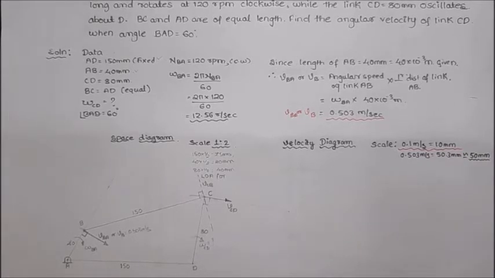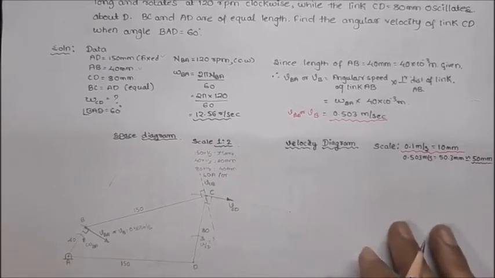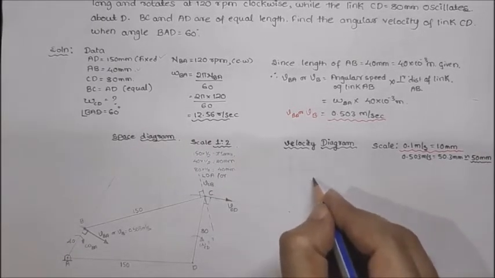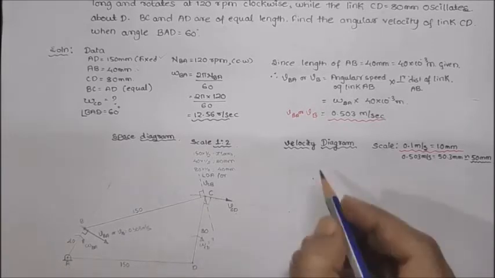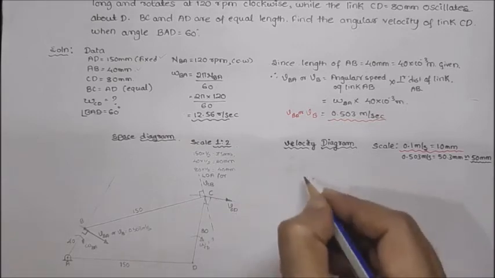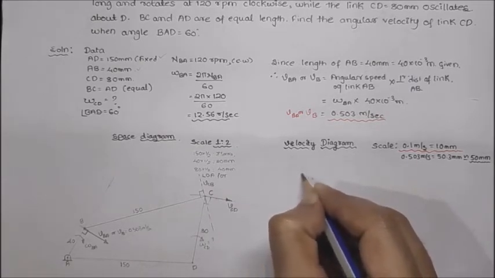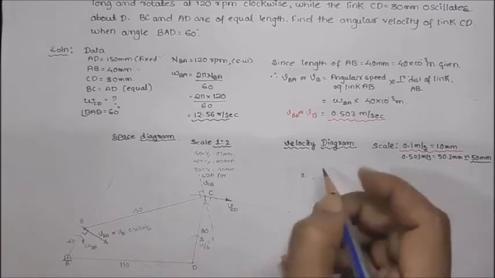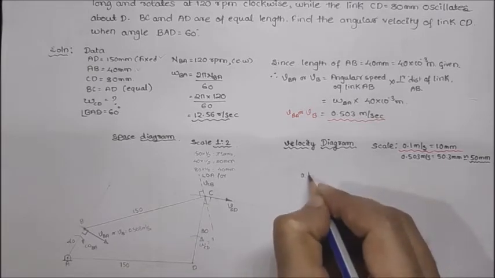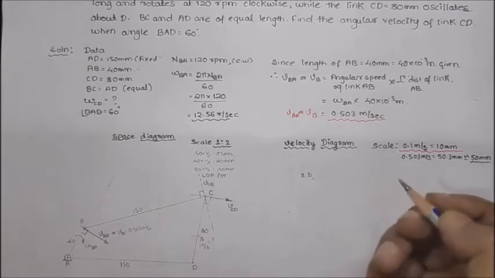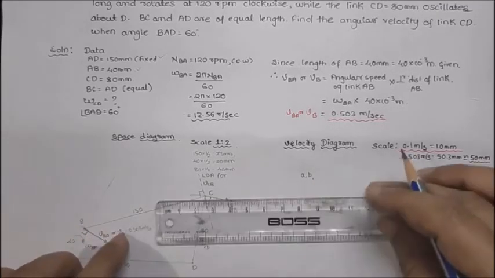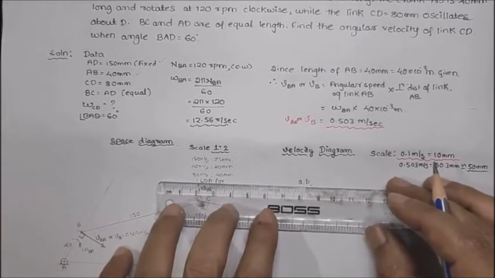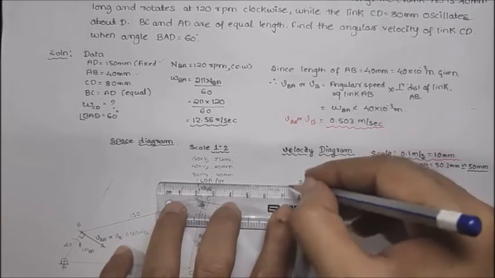Next, how to draw the diagram for a velocity. Let's take a point here, anywhere here. So we have fixed points A and D. In drawing the velocity diagram, we use small letters. So we'll take points a and b. At this particular point, for my convenience, because we have to draw it, I will draw one thin line.